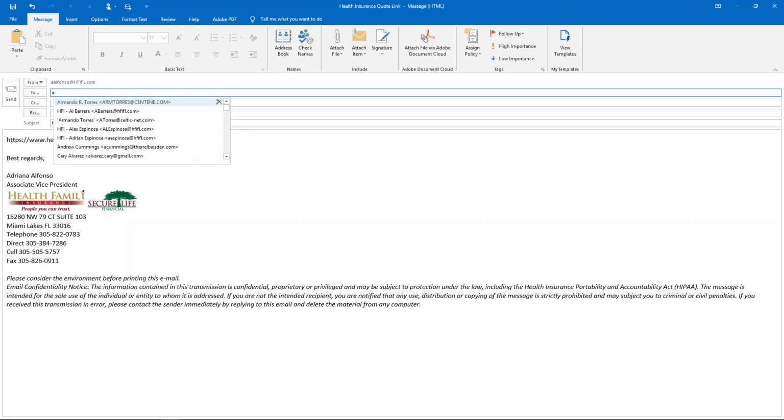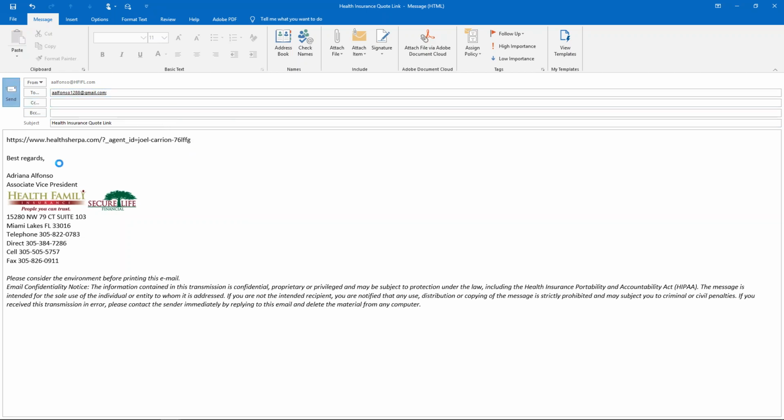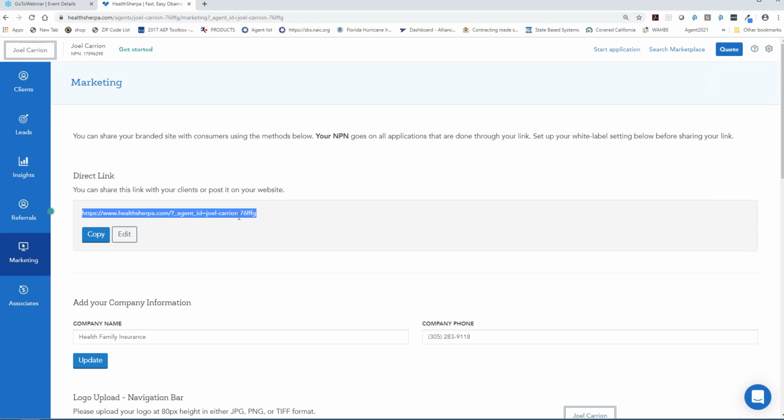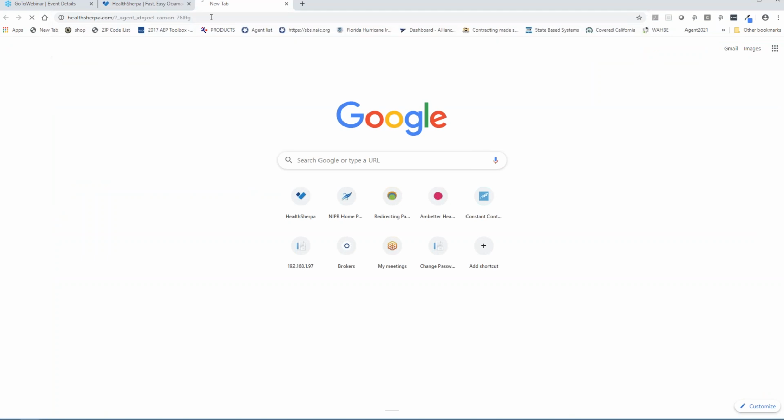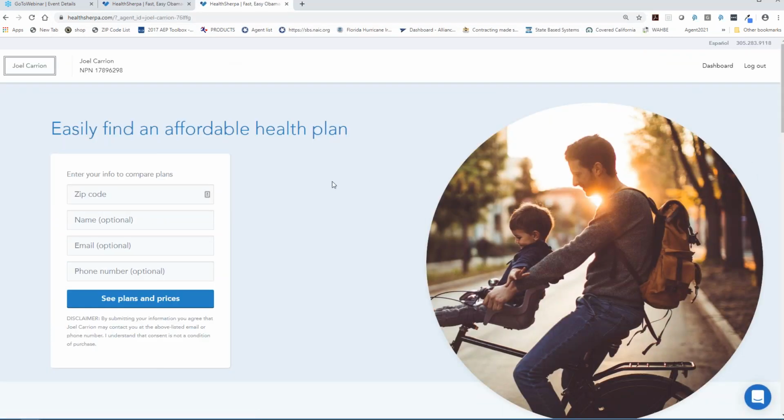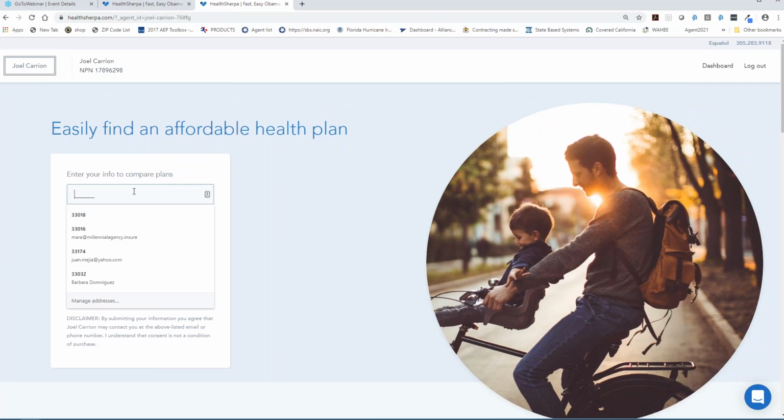So you can go ahead and send that over to that client. Now this client is going to open this link, which will look exactly like this, and they're going to go straight to a quote. You see how it's retaining Joel's NPN, phone number, all his information is being retained in here. So therefore, if the client quotes,